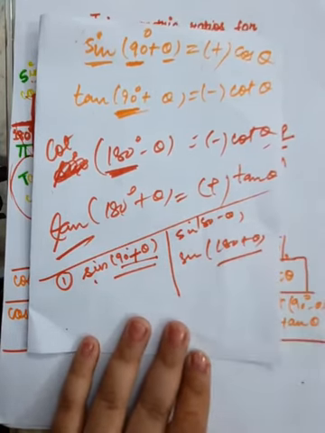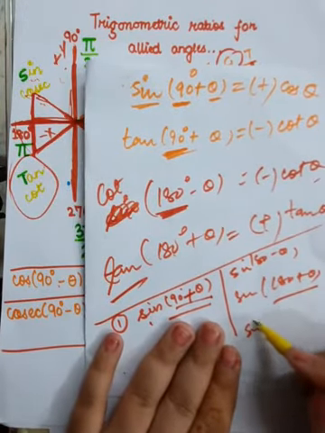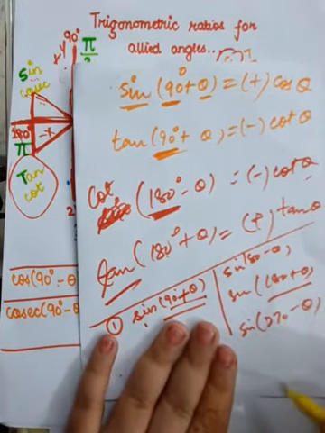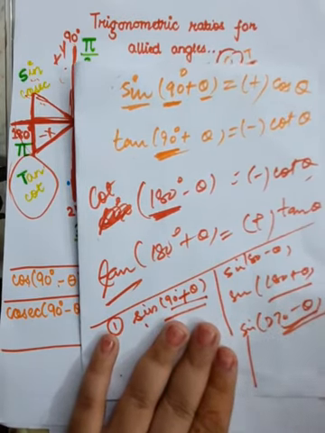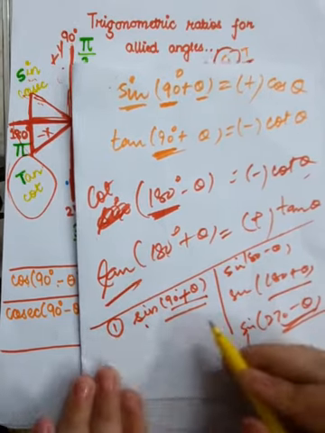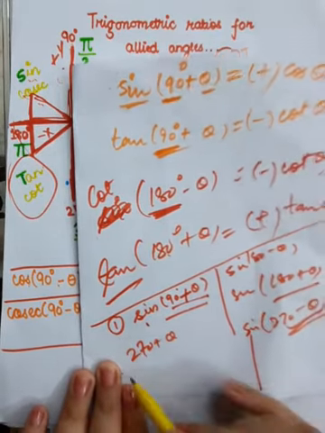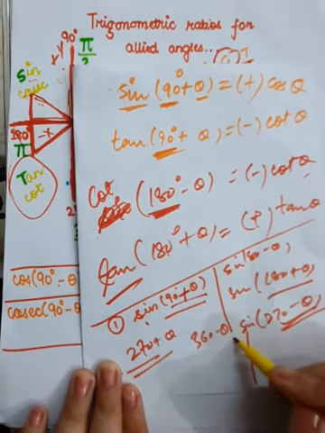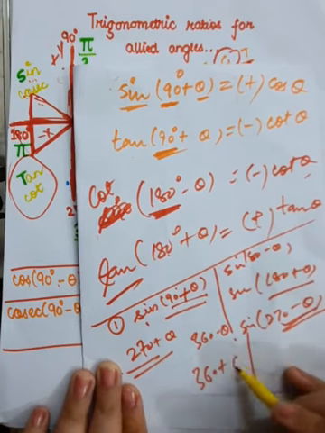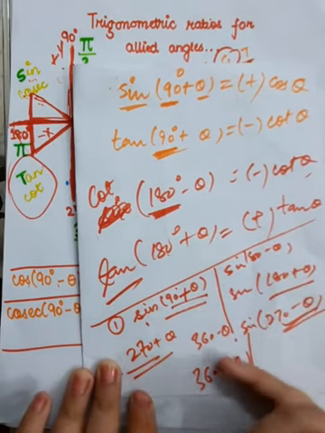After that, the task is to find out sine 270 minus theta and all the other formulas regarding 270 minus theta. And after that, the 6 formulas corresponding to 270 plus theta. And after that, the 6 formulas regarding 360 minus theta and 360 plus theta. So find them out and tell me what are the results you are going to get.